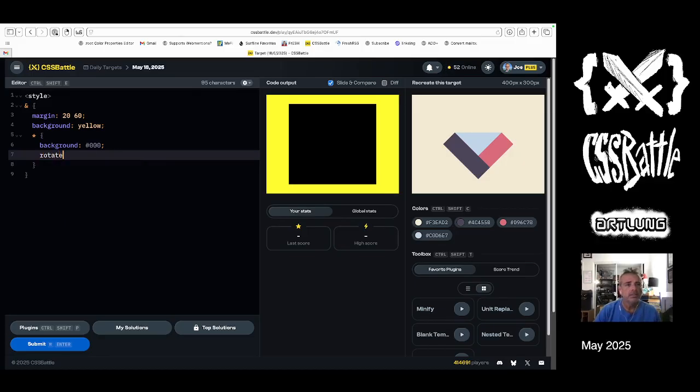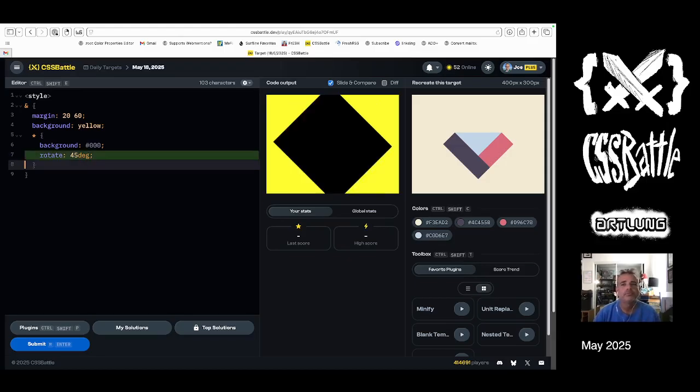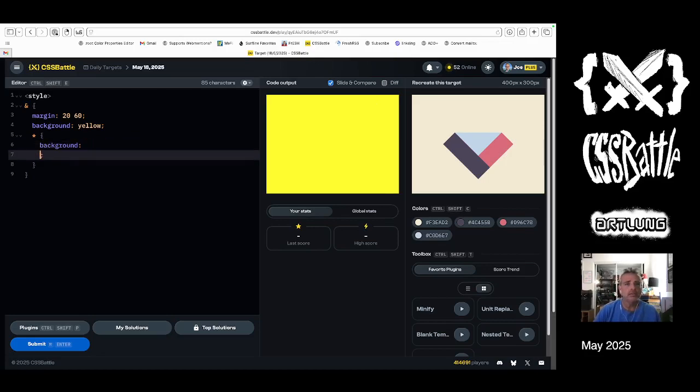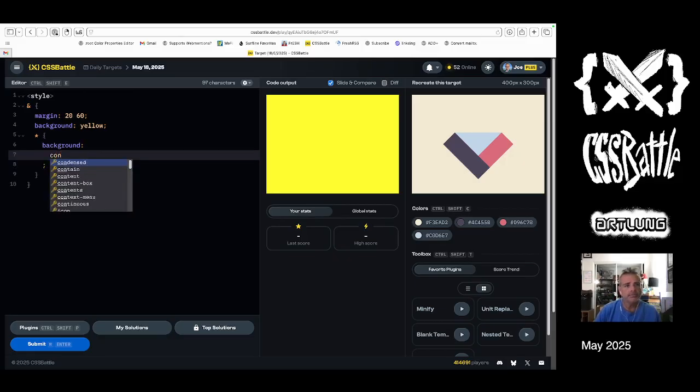Rotate 45 degrees. Yes, I can. Look at that. That's a surprise. Okay. So, what if I do that? What's that look like? All right. So, I think if I can do that, then I can do a conic gradient